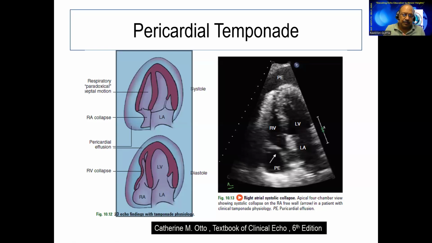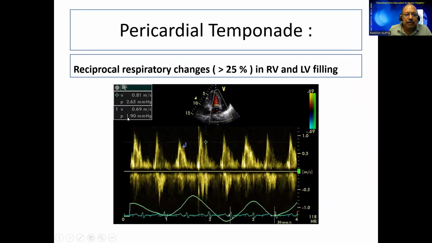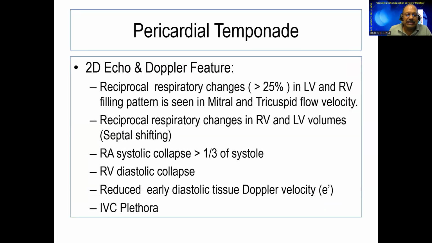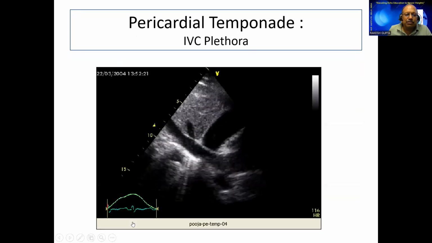Now listen carefully. There's a large amount of pericardial effusion seen around the heart. So what will this pericardial effusion do? It will not let the heart expand when it needs to. This pericardial effusion will give rise to a plethoric IVC. And that's what I said, the IVC is plethoric. Now the next movement is,